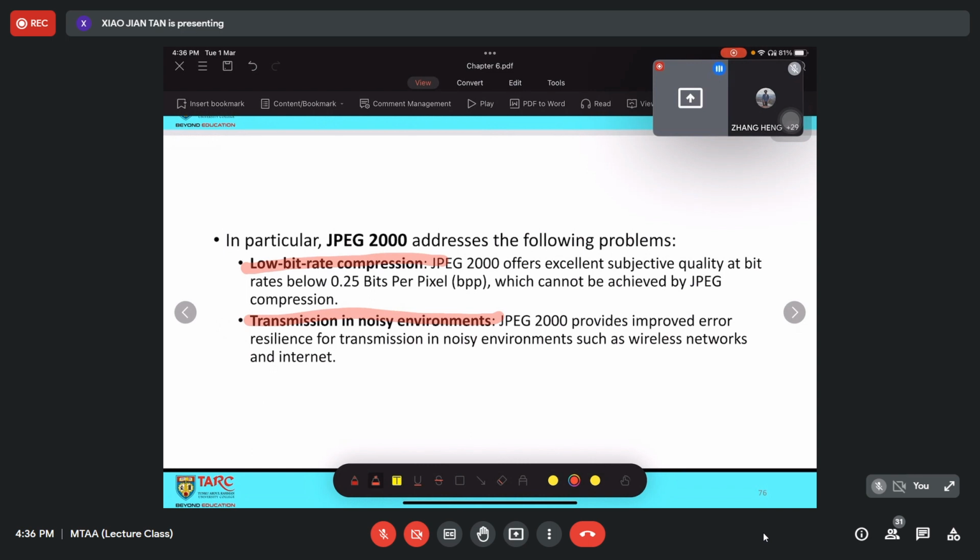Nonetheless, it's very important for us to know the difference between JPEG 2000 and JPEG. But we should also be aware that JPEG 2000 is not something well known to the public. So that is why most manufacturers do not even consider putting the JPEG 2000 extension in our computers.